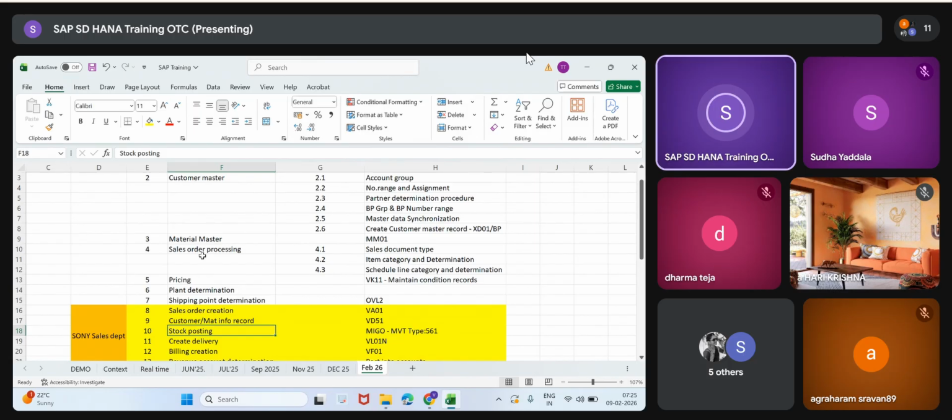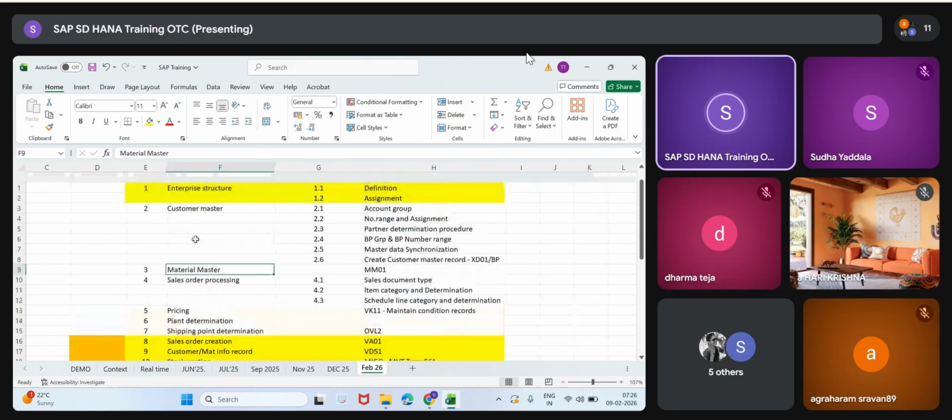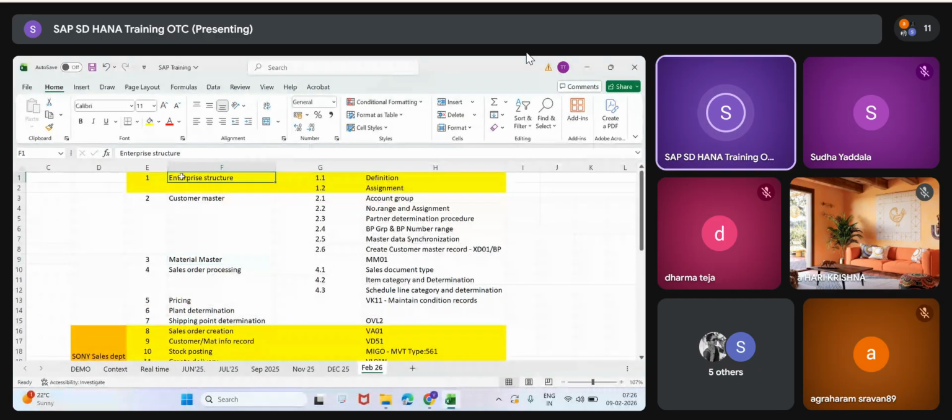No, sir, I will do it later. That way it will not work. It should be in a very, very sequential manner. How did we learn A, B, C, D, 1, 2, 3, 4, 5? We learned sequentially in our education, right? We didn't learn 1, 10, 15, 19, 20 like that. Not like that. It should be in a very sequential manner.